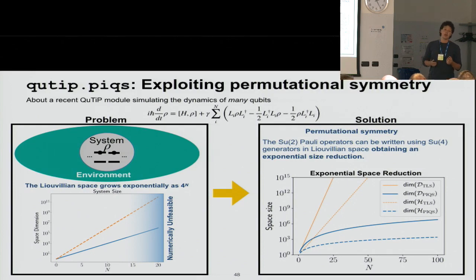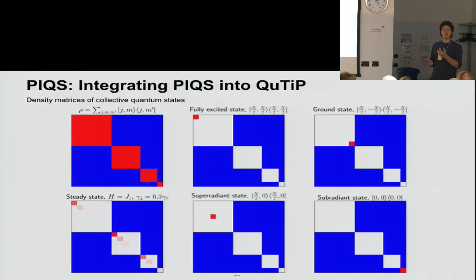And this is something that we did with a library that I developed with Shanawaz Ahmed, and which has been inserted in QTIP as a module, the PIQS library, a permutational invariant quantum solver. Again, the basic insight here is that we could exploit some symmetries that are typical of these specific algebras relative to quantum bits, but also want to stress the use of permutational symmetry and also of sparse and block diagonal matrices for the implementation of this computation.